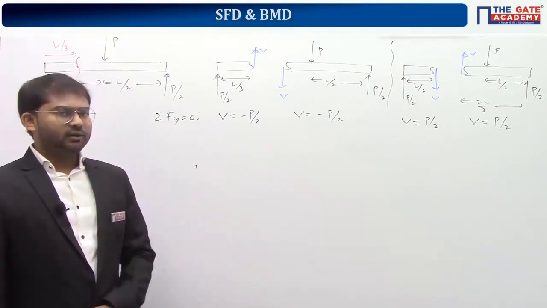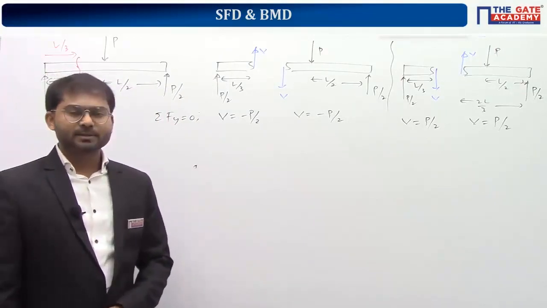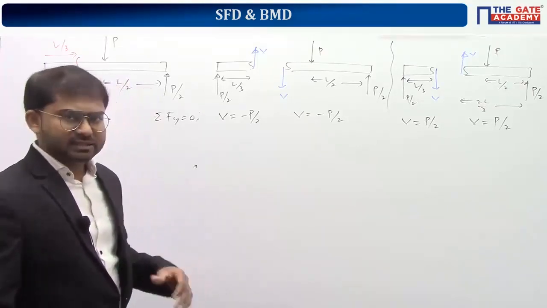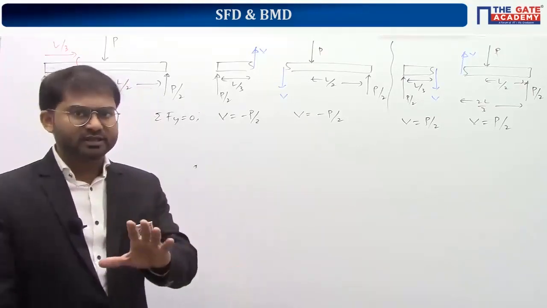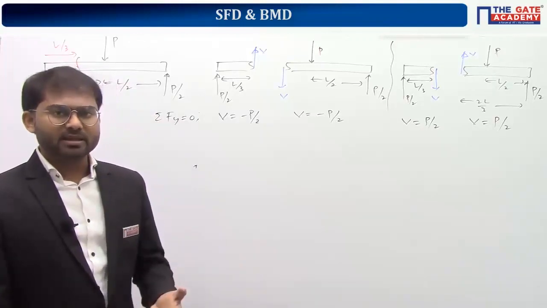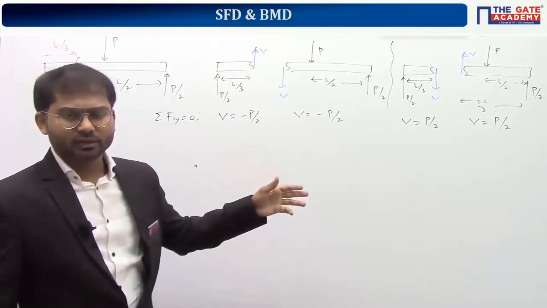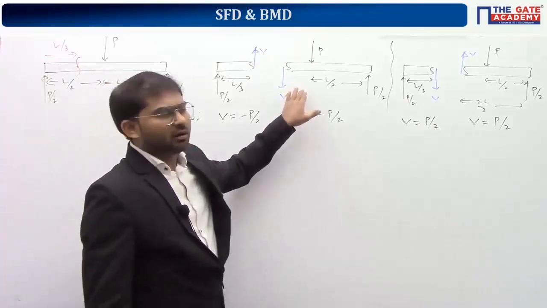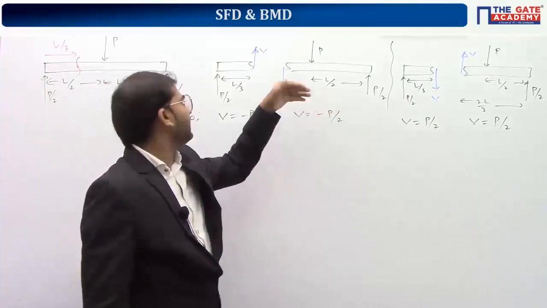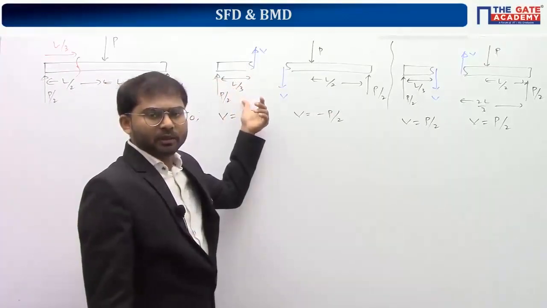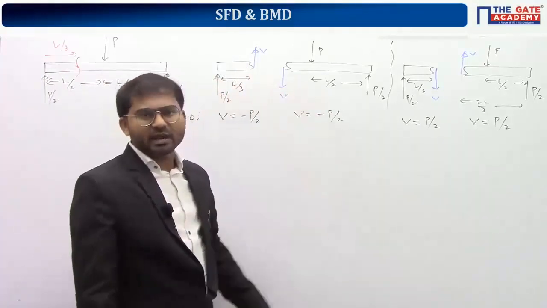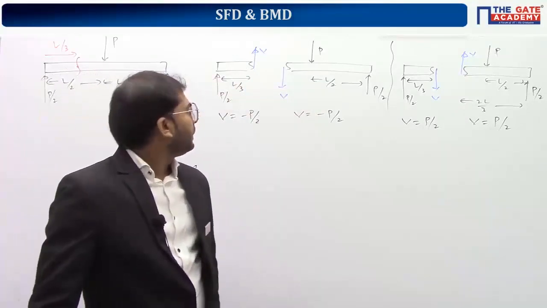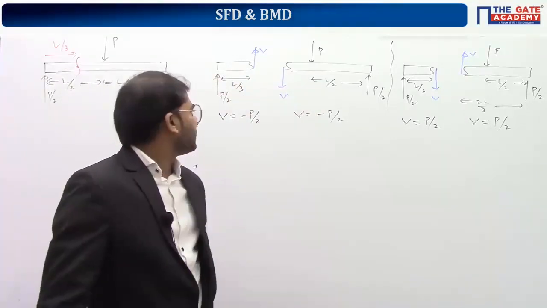So let's understand a few things based upon these results. One very good thing is we are getting the same answer. Our objective is to get the value of V, right? We are getting the same answer whether we take the left side or right side. That's a very good thing, because if calculation for this part is a little difficult, we can take the left one, which is a little bit simpler. So we can choose the side of the cut which is simpler to do the calculation, and we can get the answer for V.